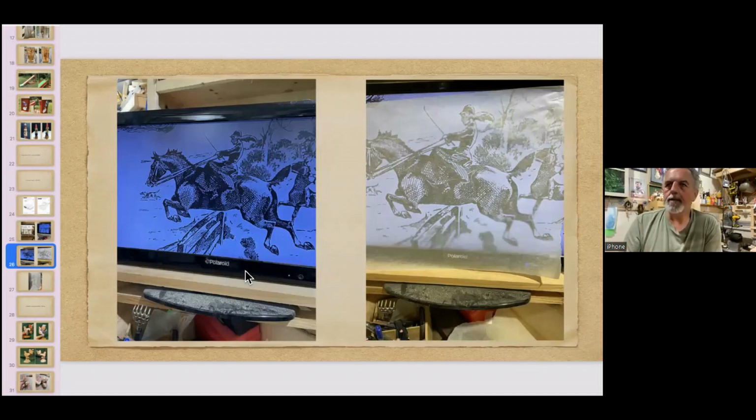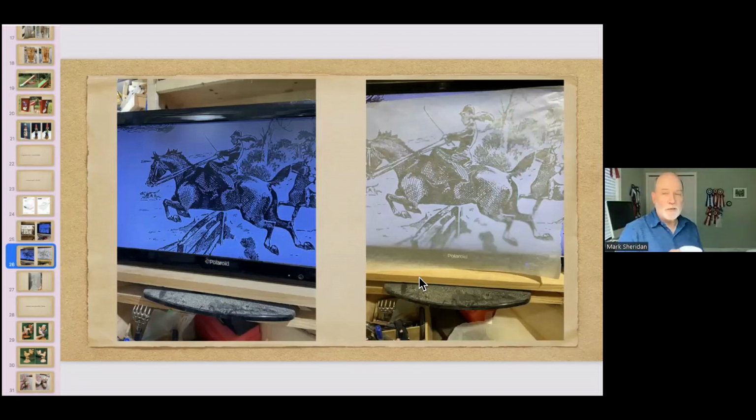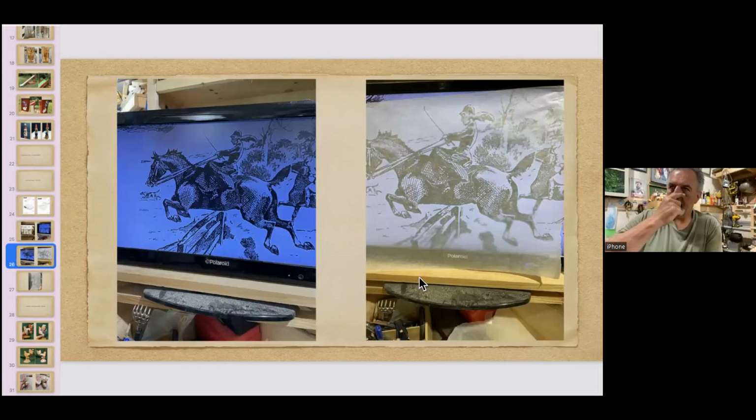So then I put the tracing paper over the top of that monitor. You can't do it on the iPad; if you put the trace paper on the iPad, as soon as you touch it, it gets smaller. It doesn't work. Okay, I get you. So the monitor is stationary. You can draw on it and you can touch it by hand and nothing happens. So I put the tracing paper all over the top of that monitor, and then I draw it out to what I want. And the next picture might be the